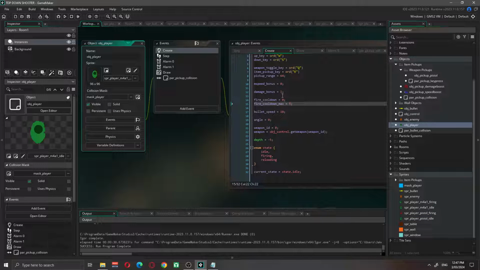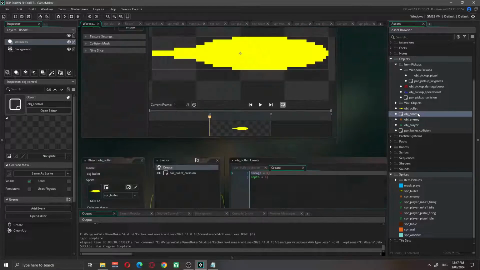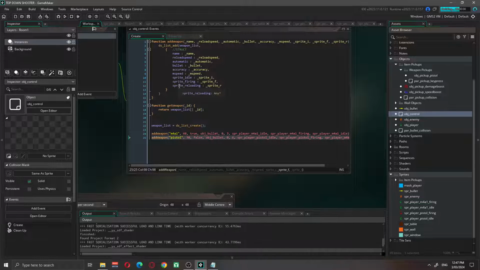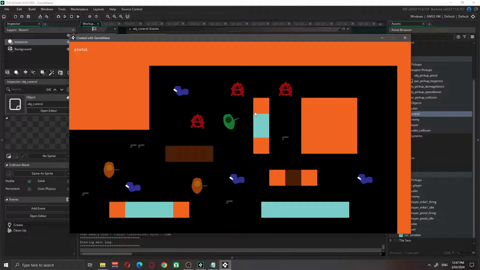So we'll see here. If we want to add a new animation, we got fire, pistol firing. We would go into the controller, which has all the animations. We go in here and instead of pistol idle, we'll change this one to pistol firing for the firing animation. And in theory, if I switch to my pistol, I go red, and you can see that I flash yellow at the end, which is showing that it is in fact drawing the last frame, which